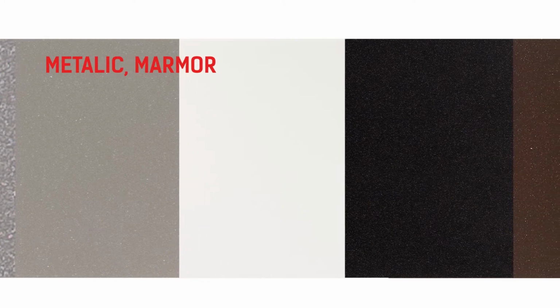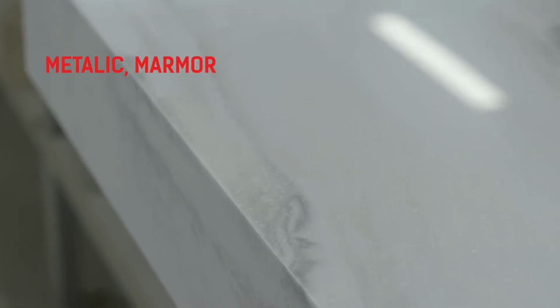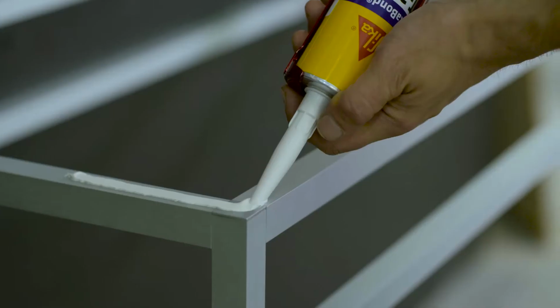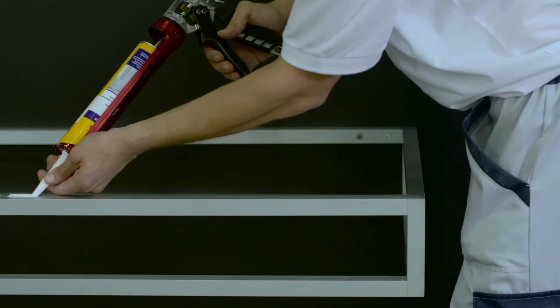Kerrock sheets in a metallic style have similar visual characteristics as the marble sheets. That is why they are joined in the same way. This type of joining elements is required for sheets in a marble or metallic style and is recommended for other colors. It's possible to glue the Kerrock material to other materials with permanently elastic silicone or polyurethane adhesives, which enable